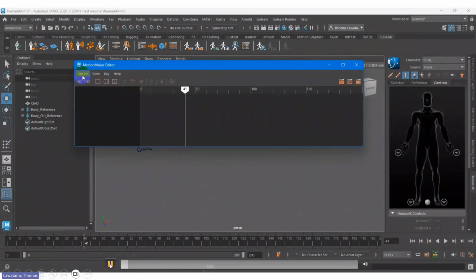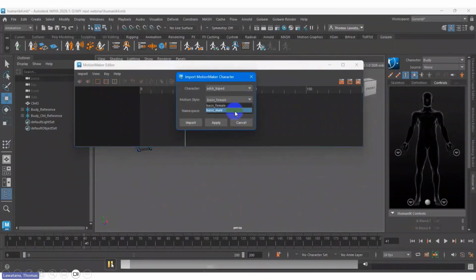Once you get the motion maker editor, this is the panel, or the editor. Inside the motion maker editor, there is a character. This is the character from Maya. These characters will be like motion data, so that's why there are options. For the default character, there are two options, the female and male.